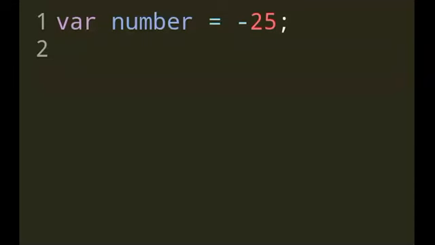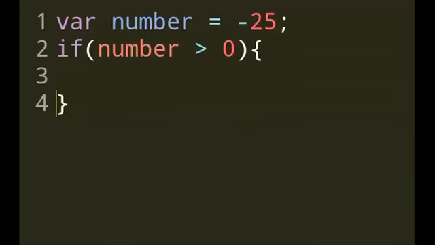if-else statement. Okay, so you have a variable which is minus 25 and you want to declare whether it's positive or negative. So let's consider the if-else statement. So usually you write if and then the parenthesis and then you write the condition. So if number, you repeat the same variable here. So if the number is greater than 0, that's a condition,